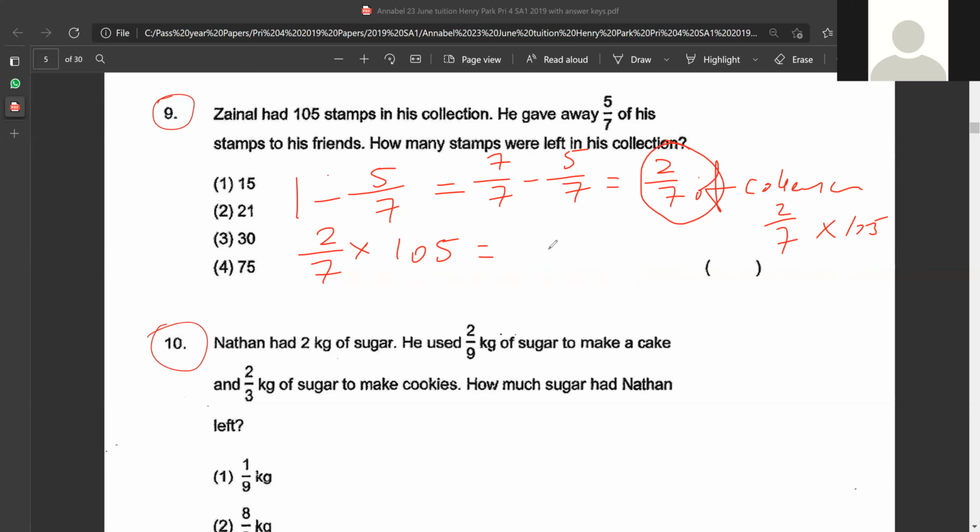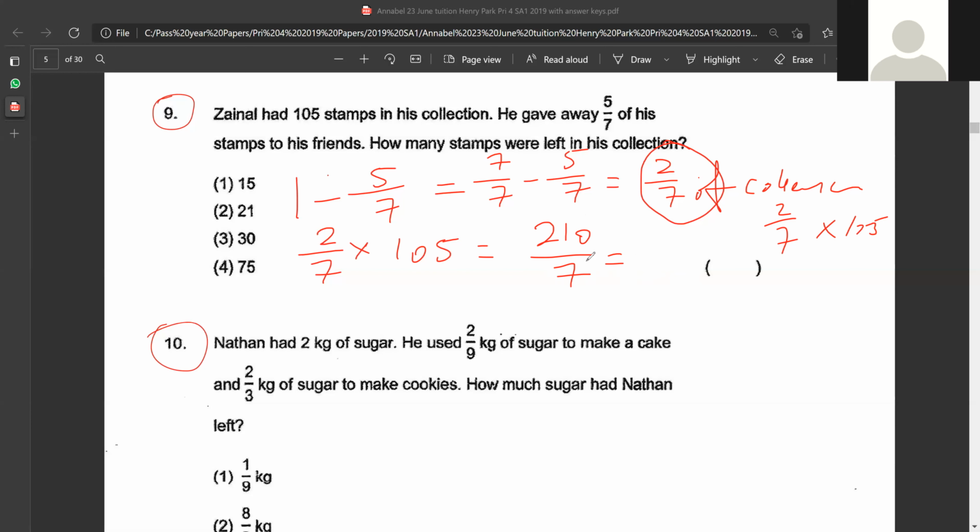What is 2 times 105? 210. Good. 210 divided by 7 equal to how many? 210 divided by 7. What is 21 divided by 7? 21 divided by 7 equals